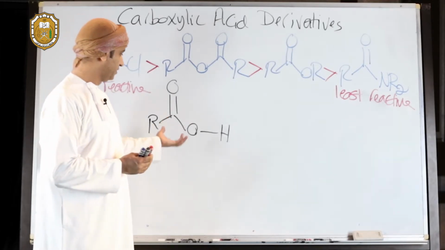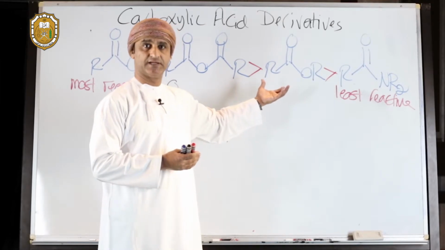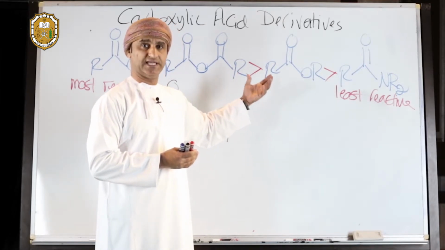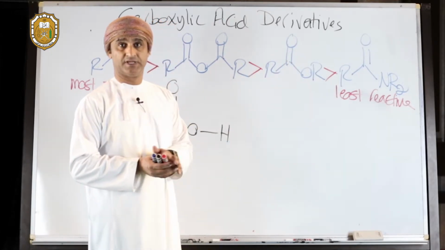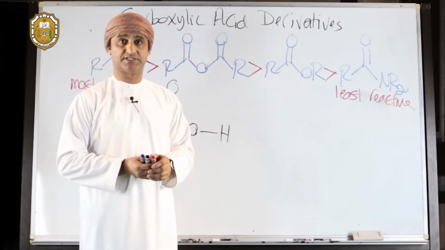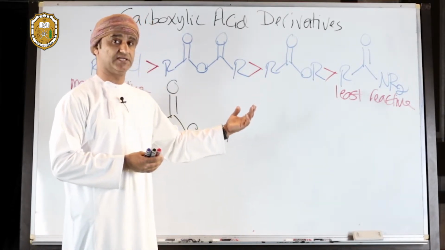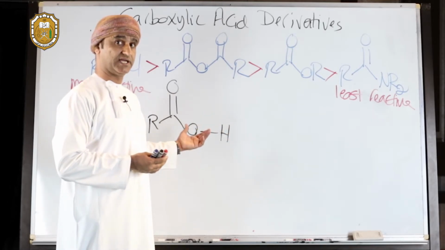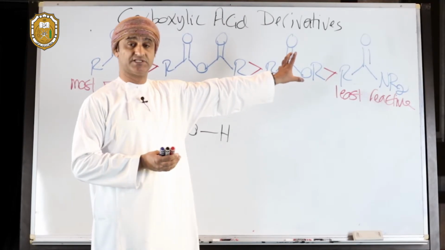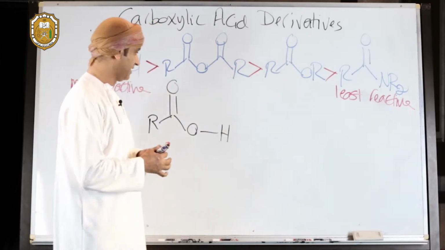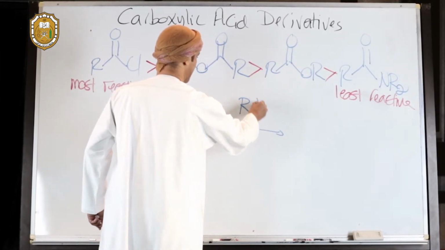Now, if we put carboxylic acids near esters in this reactivity scale, and knowing that esters can only react with amines to give amides with respect to the transformations of carboxylic acid derivatives, then if we want to do the same reaction, reacting the carboxylic acid with the same nucleophiles that can react with esters to give the least reactive carboxylic acid derivative, we would do something like this. Then we would bring in an amine,